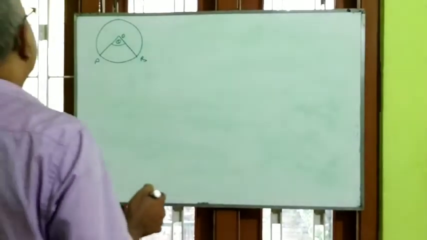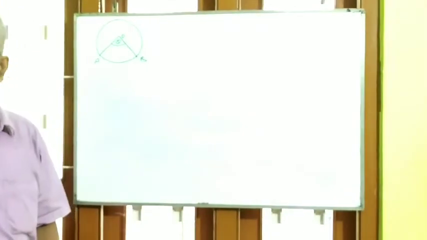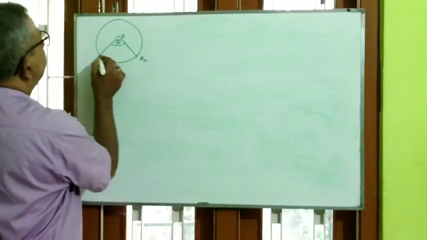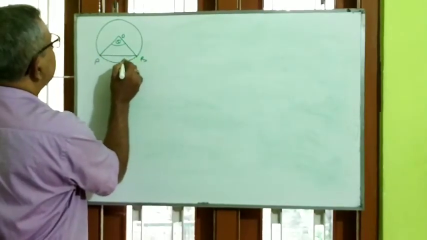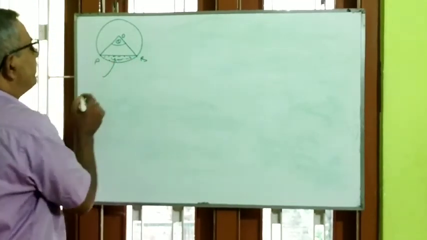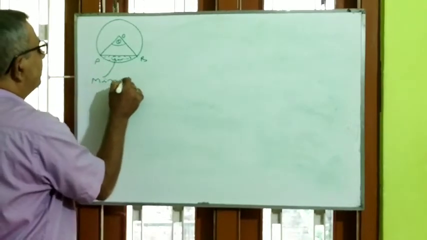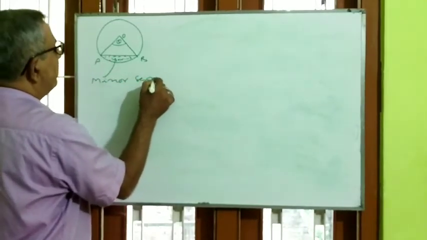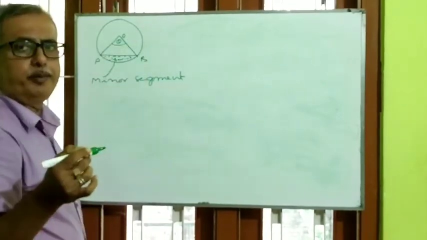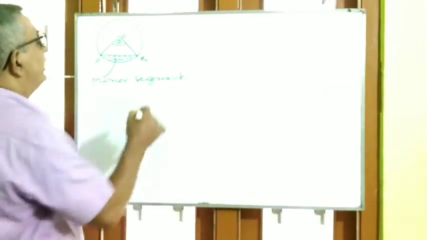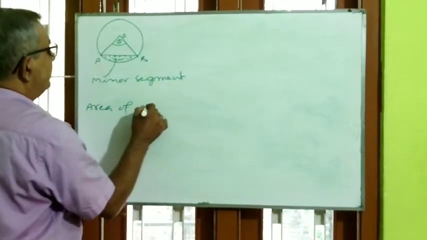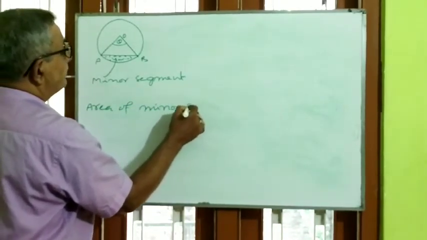My dear students, so the sector you have done. Now you have to find out the area of the segment. Which one is the segment? You tell. This is the segment. This part is called what? This is the minor segment. Then what remains? The rest of the circle will be called the major segment. So the area of minor segment